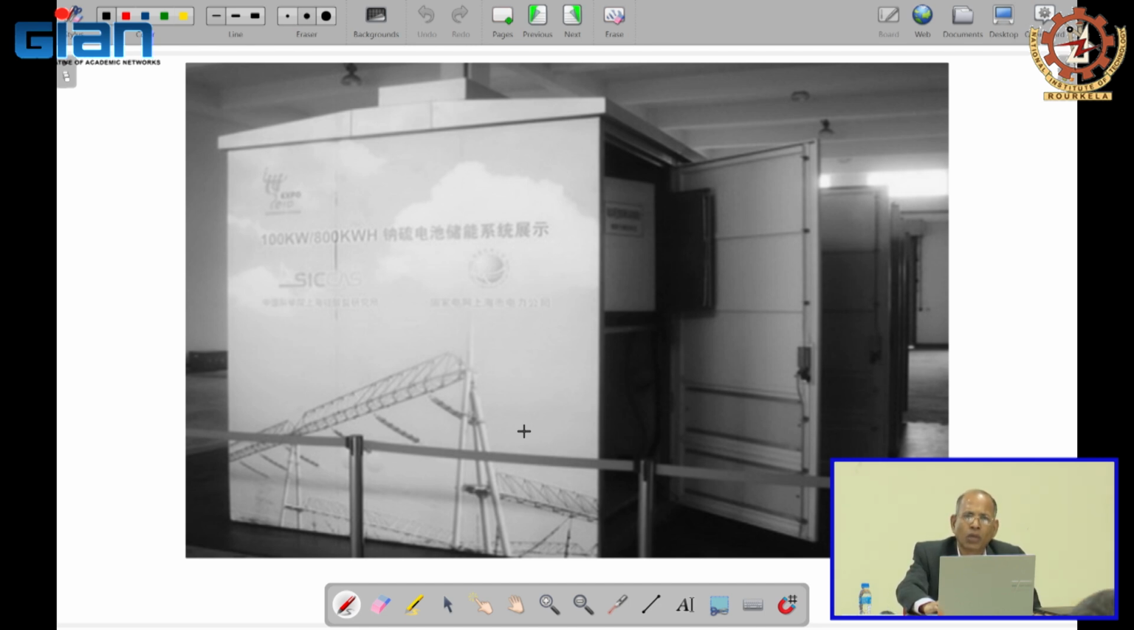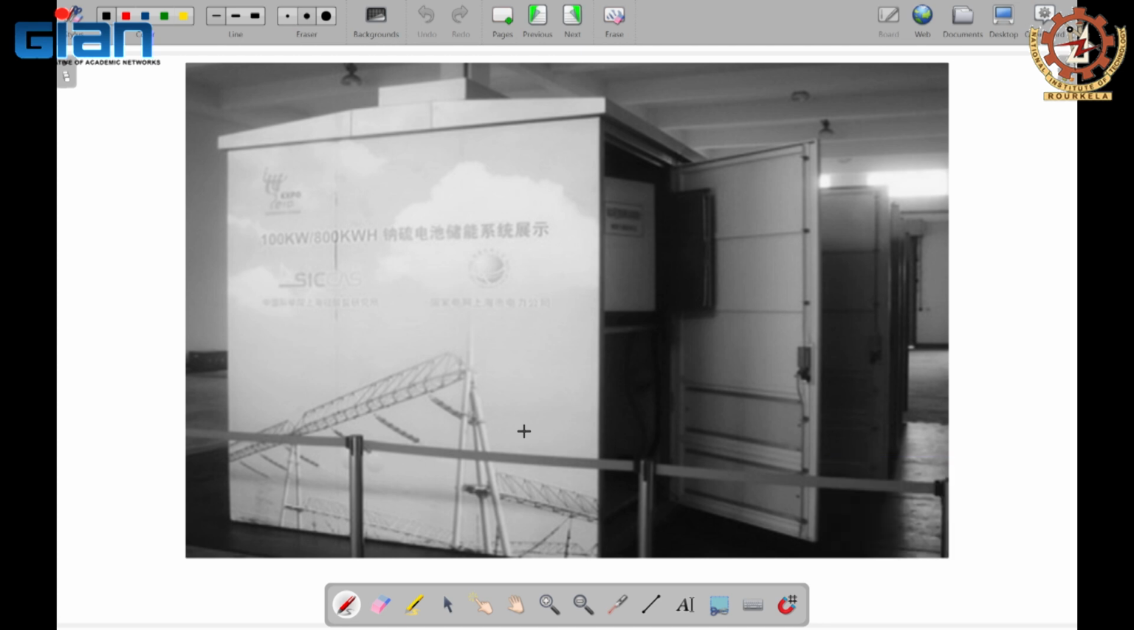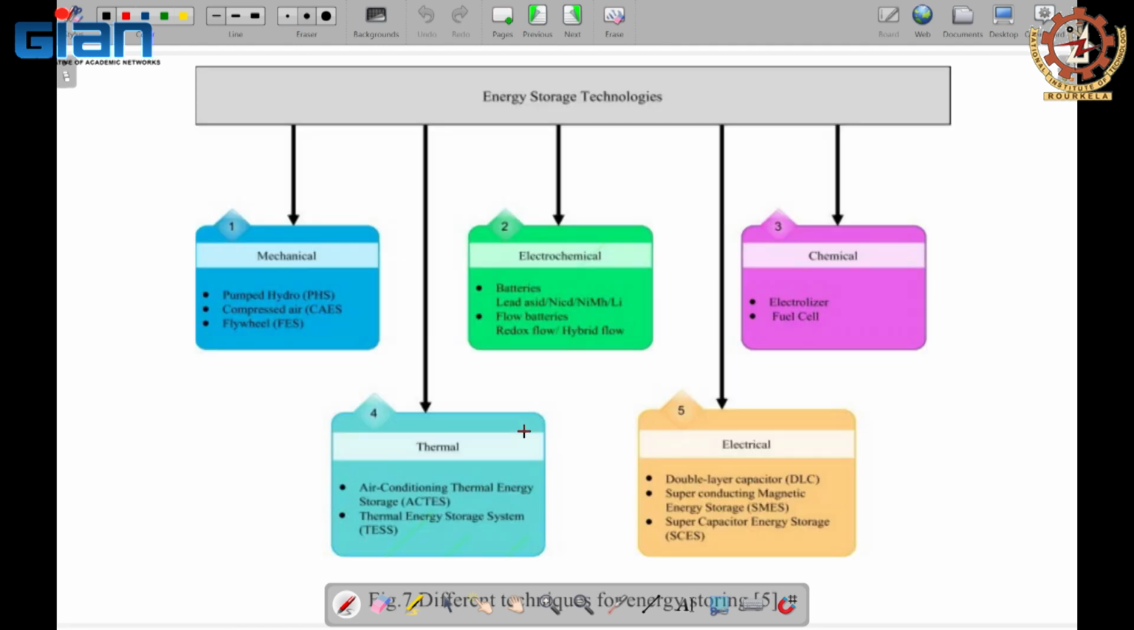So now we have started talking about battery size, not very small batteries, but a battery here that is showing something like a small-size microgrid as well. So battery sizes are really increasing. When we talk about these different energy storage systems, in this slide you can see the